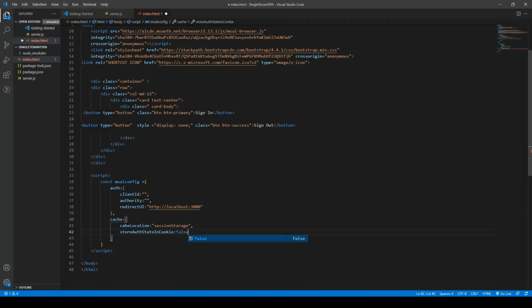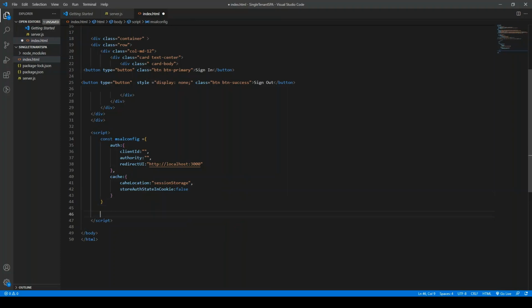This will be false. Microsoft says this should be true only if there is a problem with IE, or if you are going to use IE 11. Otherwise, keep this as false. Once this is done, we have to add the MSAL object.